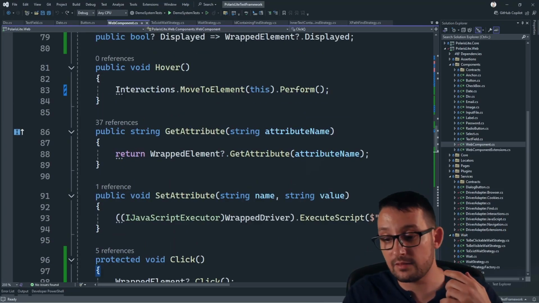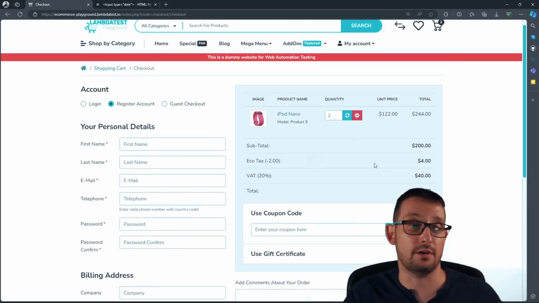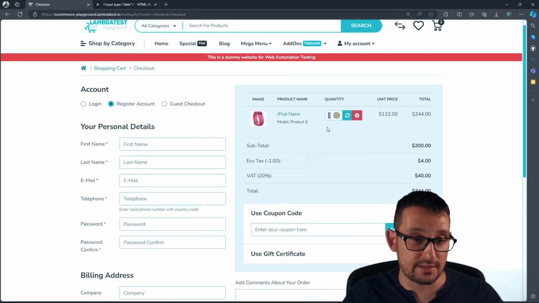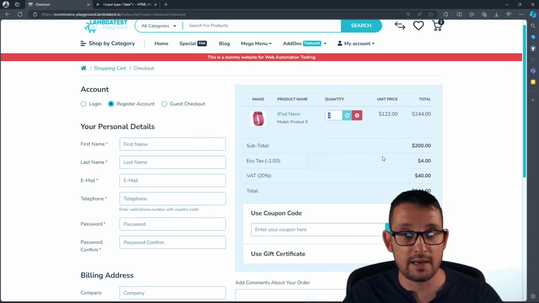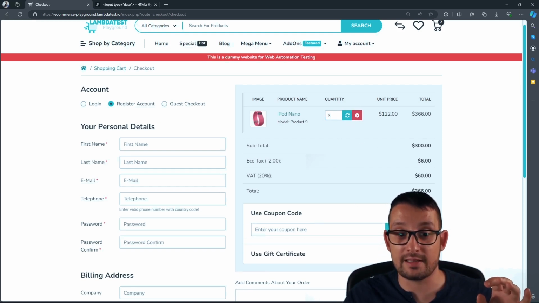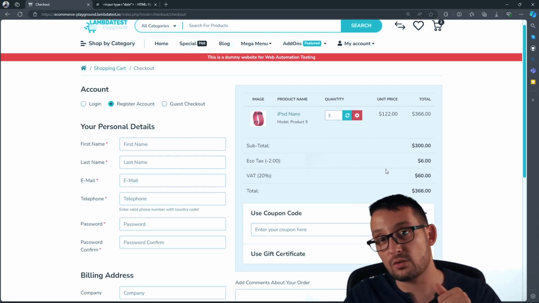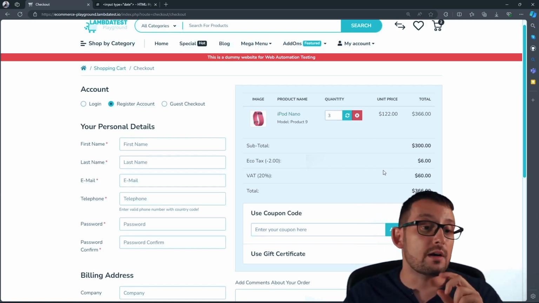Well, if you look into checkout here, imagine that we are increasing the quantity and we update that. As you can see, it was updated without refreshing the whole page. This was done using AJAX requests. This means that we can use the new wait for AJAX method. However,